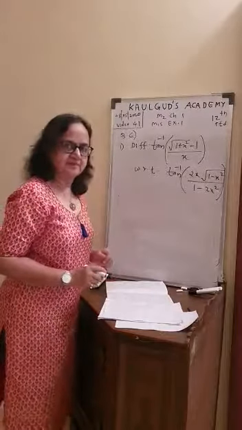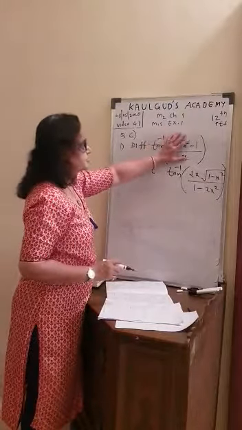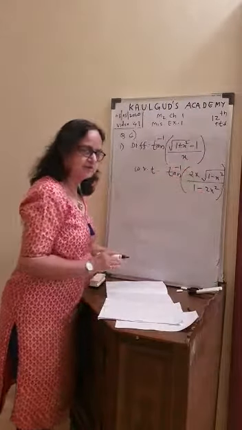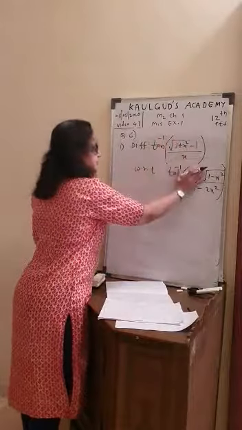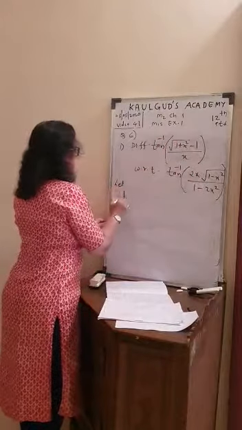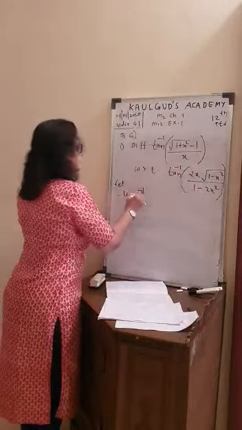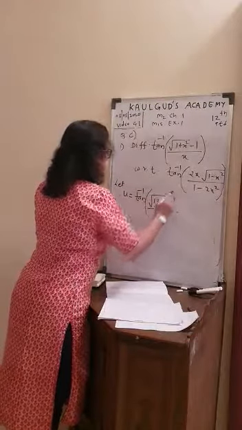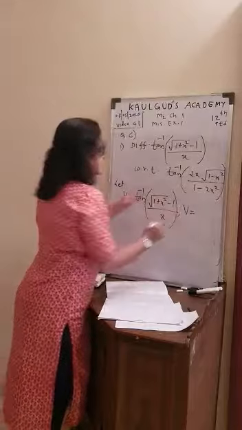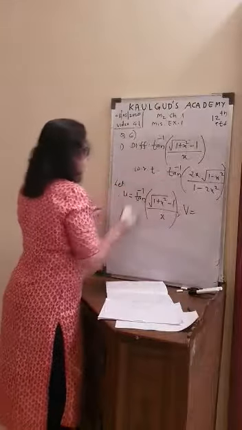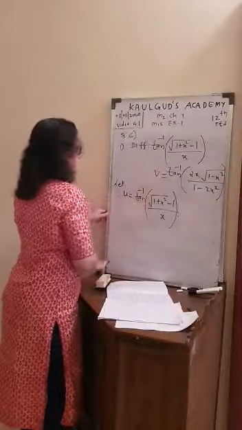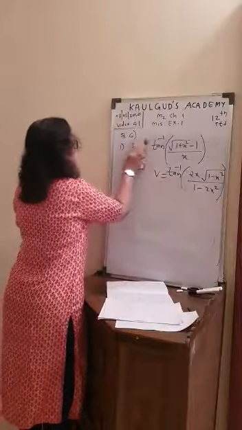Do you recall this type? Differentiate one function with respect to some other function. How do you solve? This you call u, this you call v. So let us call u for tan inverse of root 1 plus x square minus 1 upon x, and v for this second term. So you write in the notebook, this we call as v. I won't copy it again here. This is v. Even this I'll say this is u, the first term.